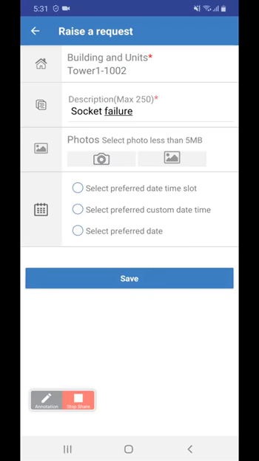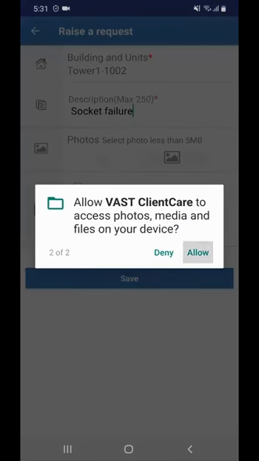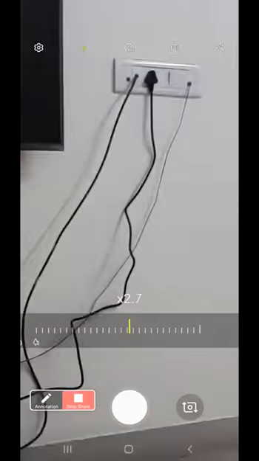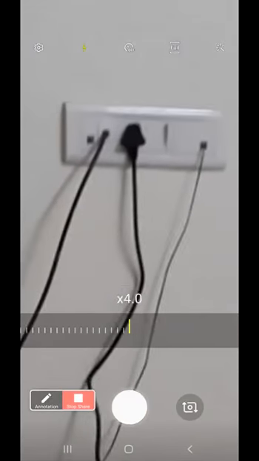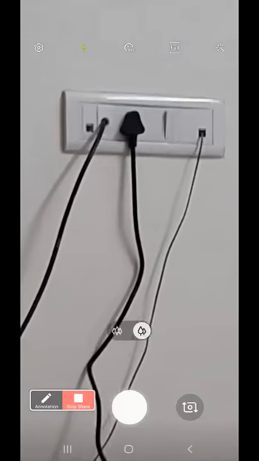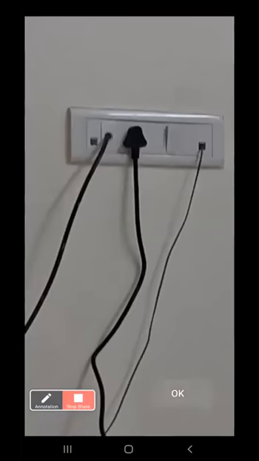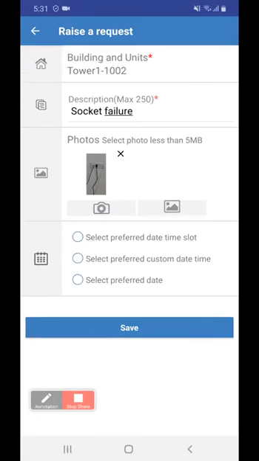So let us add one photo for the socket failure. So we have added one photo for the socket failure.